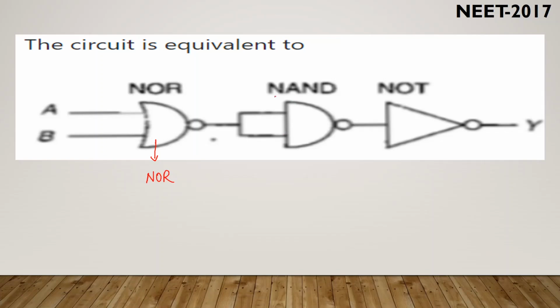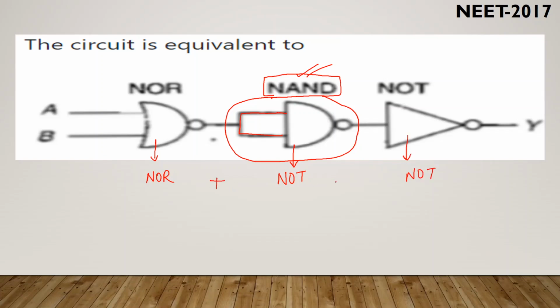Now don't fall into the trap of the question paper setter. Here he has given a NAND gate. But what I said is, whenever there is a NOR gate or NAND gate, if both the inputs are joined together, then it represents a NOT gate. Don't fall into its trap. Here he has given a NAND gate, but whenever both the inputs are joined together, it represents a NOT gate. And what is the third gate? The third gate is a NOT gate.